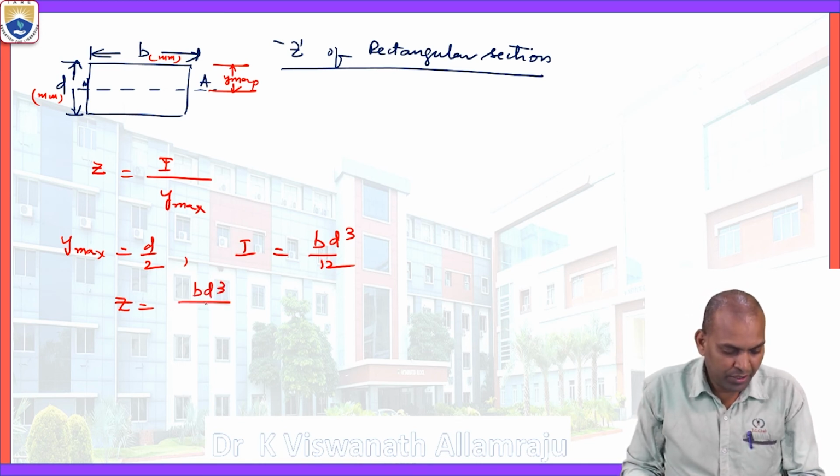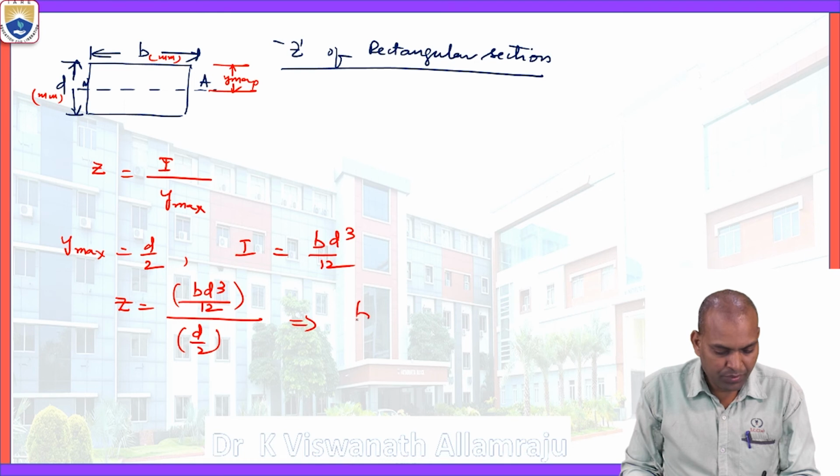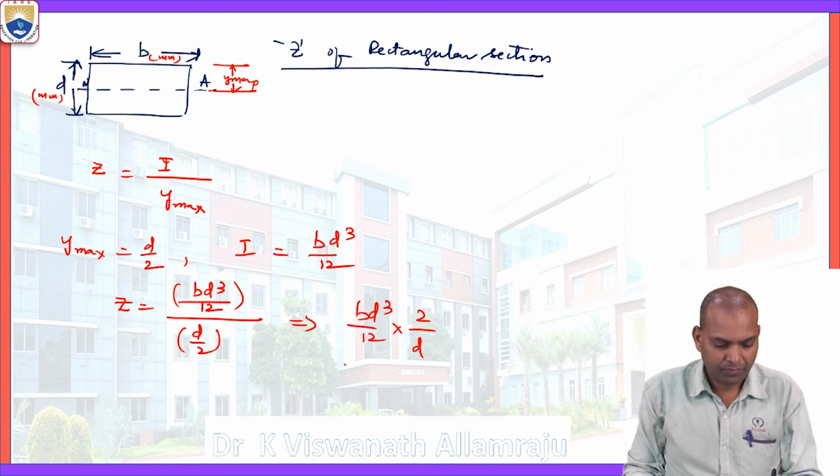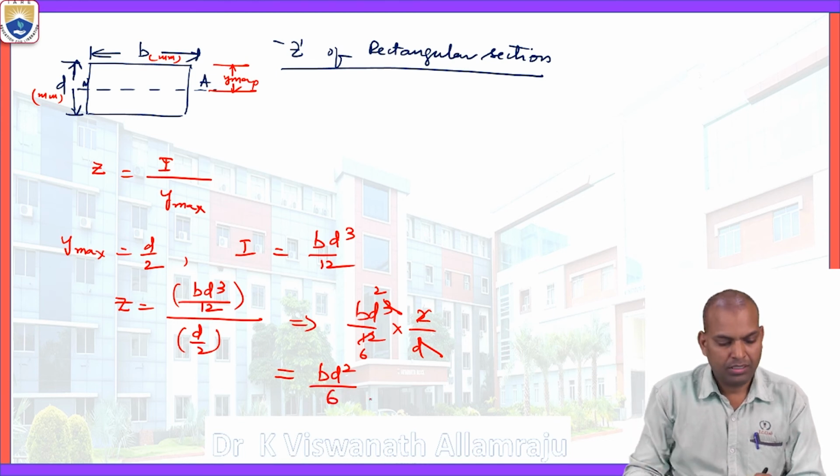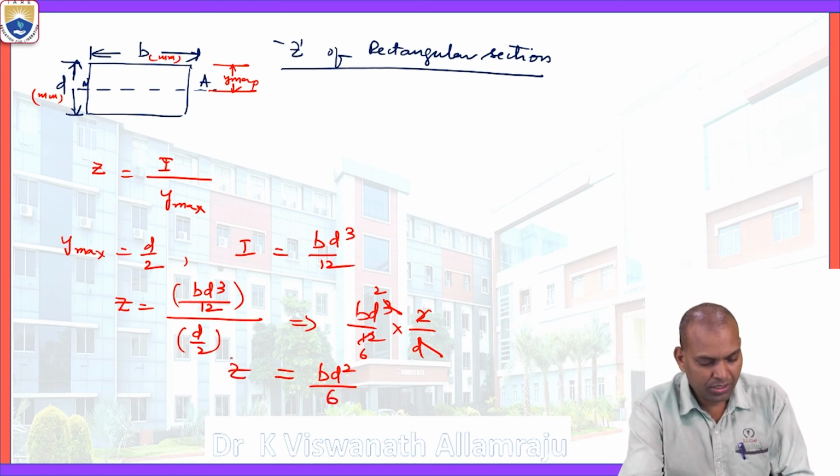That is B d cube by 12 for I, and Y max is d by 2. Then it becomes B d cube by 12 into 2 by d. D gets cancelled, d square, 2 into 6 times. Then it becomes B d square by 6. This is the section modulus